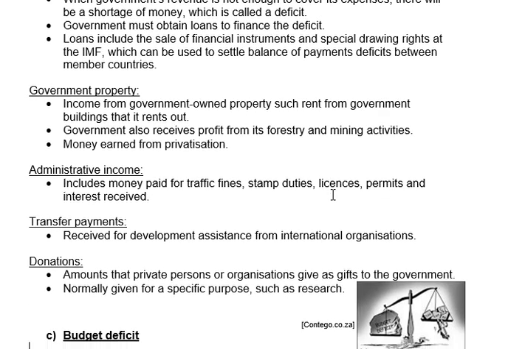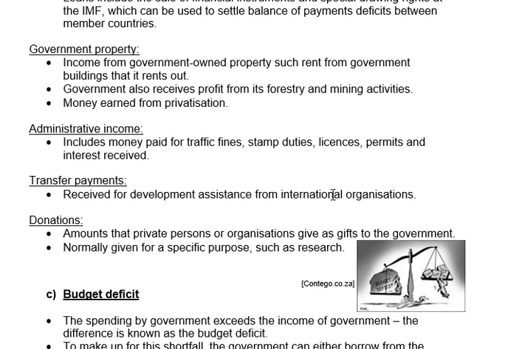Right, then the next source of income for the government is their government property. We have already spoken about privatization as well. Obviously the government owns certain properties. There's certain properties that they can rent out like any other person. Any person that owns a property, an office building, can rent it out to tenants and earn income like that, right? So if the government owns property that they are renting out to businesses or individuals, the rent income that they receive there, like for any other person, is also an income to them.